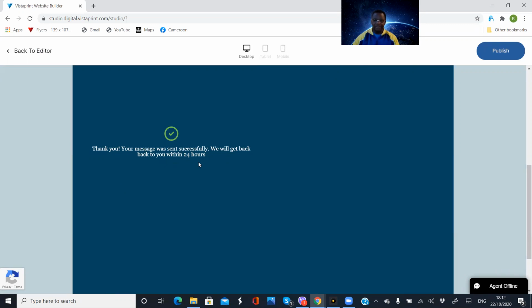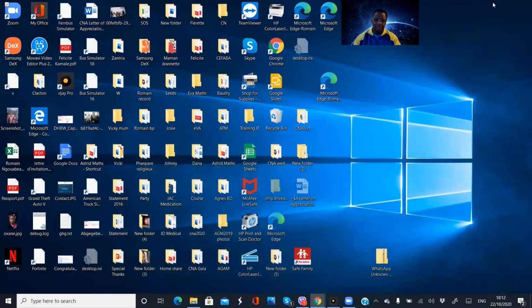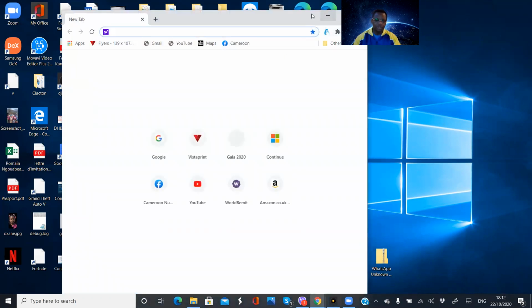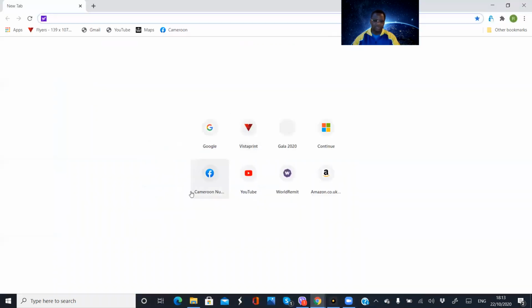Now, we set that the form will be sent to somebody. So I'm going to check whether the form has gone through to the person that was meant to be receiving it. For that purpose, I need to come off the web builder and go into my personal email, because I decided that the mail was going to be sent to me. And if I open my email, I'm going to make it a bit wider. So if I go to my email now,